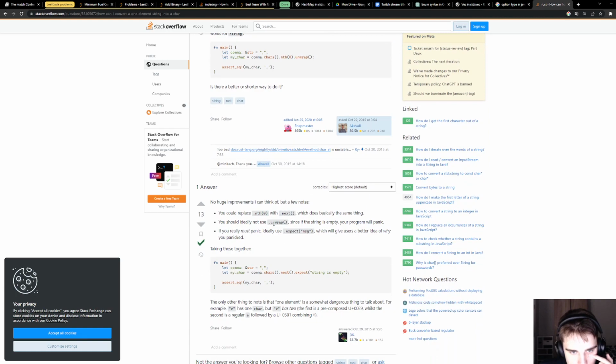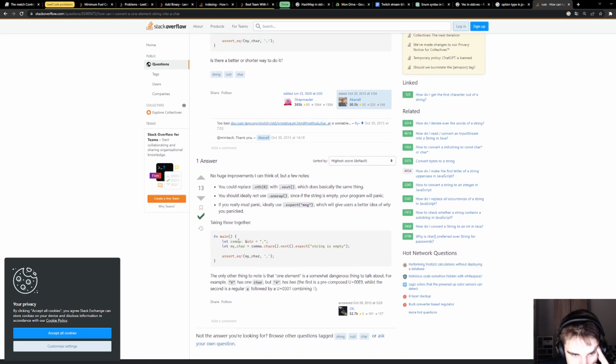You could replace the unwrap with next, since if the string is empty, your program will panic. But why would it be empty?